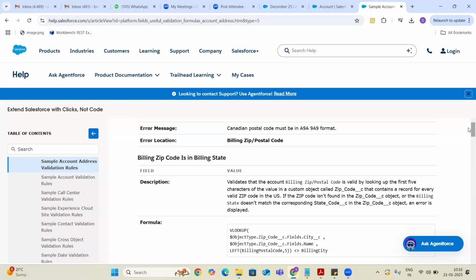But in this case, what they are saying is that you already have zip codes as a separate object.